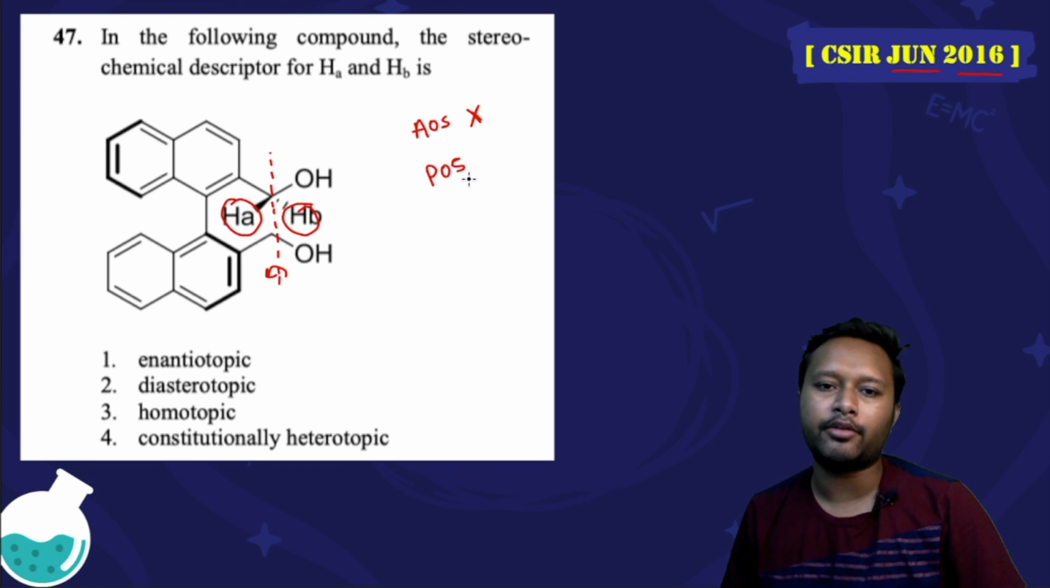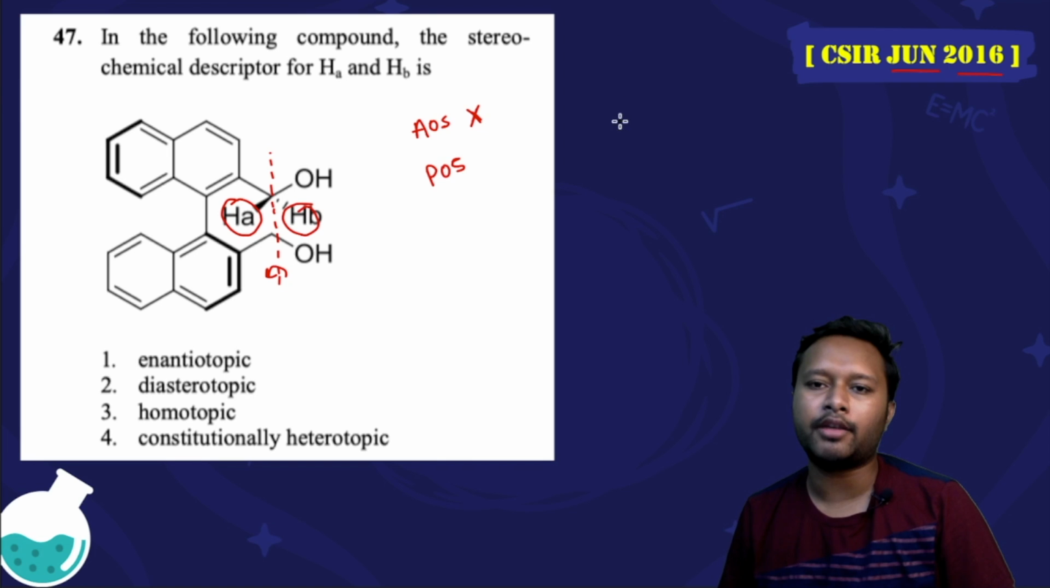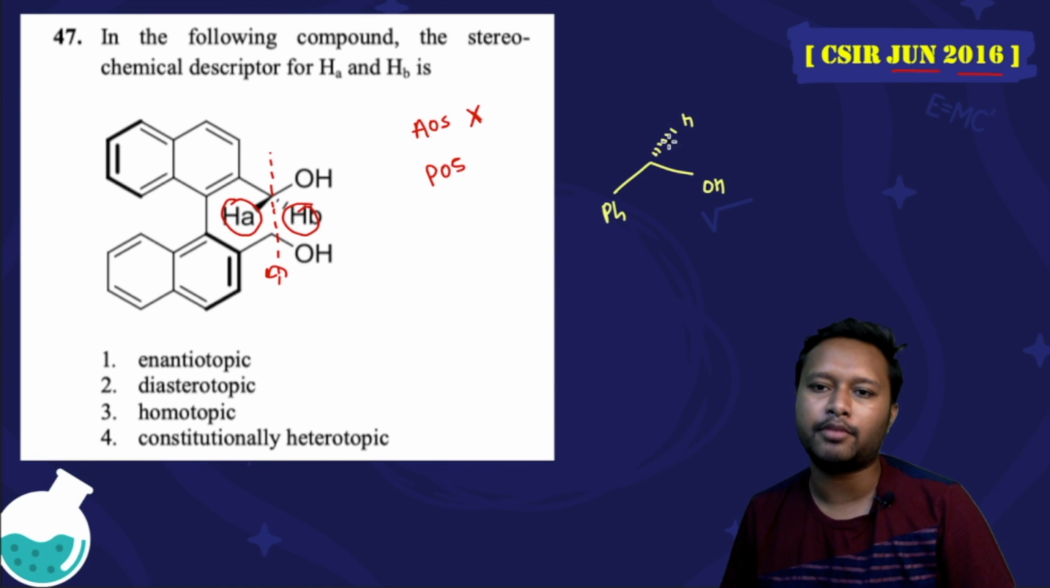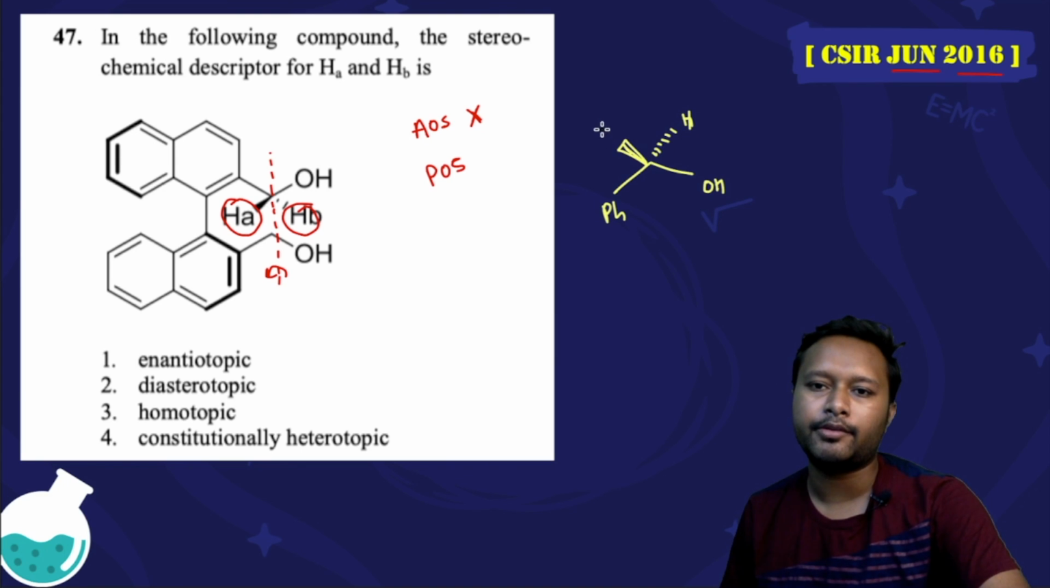So is there any plane of symmetry in the molecule? You can look for a molecular plane. Remember, if you have two groups, let's take one as phenyl and the other as OH, and one of the hydrogens is below the plane and the other hydrogen is above the plane. In that case you can have a plane of symmetry which will contain this phenyl group and OH group,